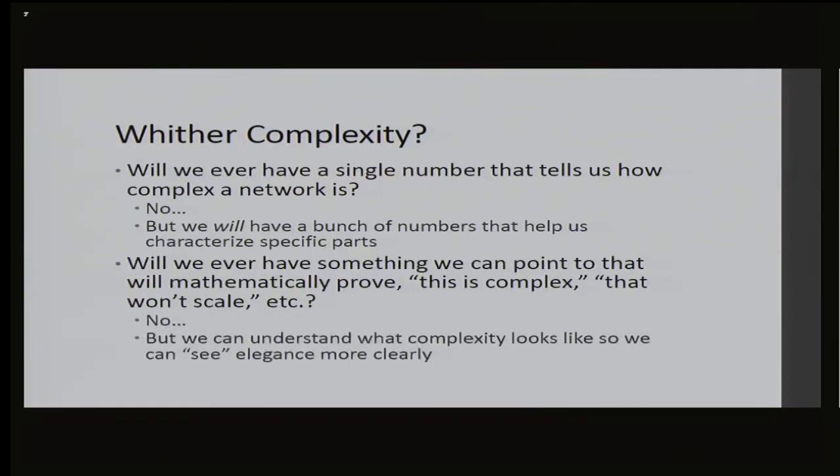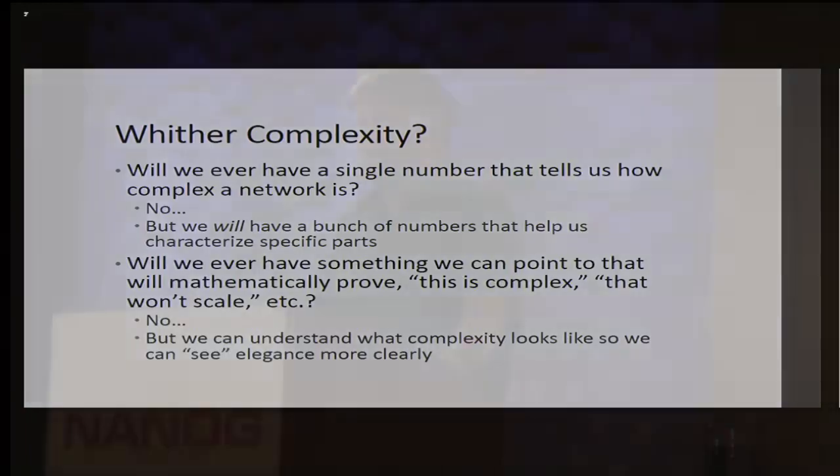Nobody's network solves one problem. Everybody's network in the world solves multiple problems. So now you've got to interact intent, which then becomes a matter of business policy. And I've got to start thinking about which intent is more important than the other intent and stack ranking things and figuring that out. I do, however, think that we'll have a bunch of numbers before this is over with that'll help us characterize specific parts, like what is my control plane state if I do this? What happens to my network complexity if I get a link flap over here? How does that all work? If I push policy here, what happens to my management complexity versus my stretch in my network versus my optimality of actually using the network in the best way possible?